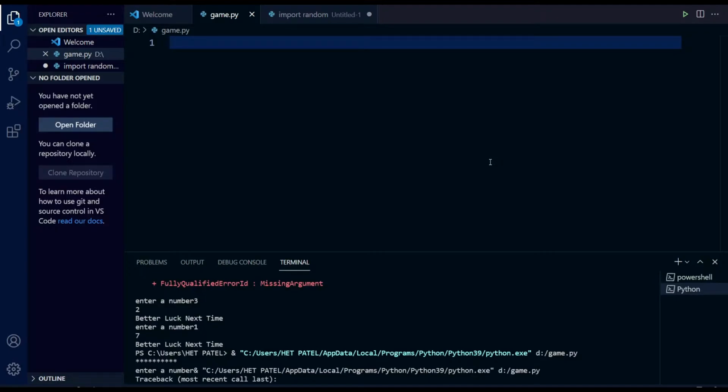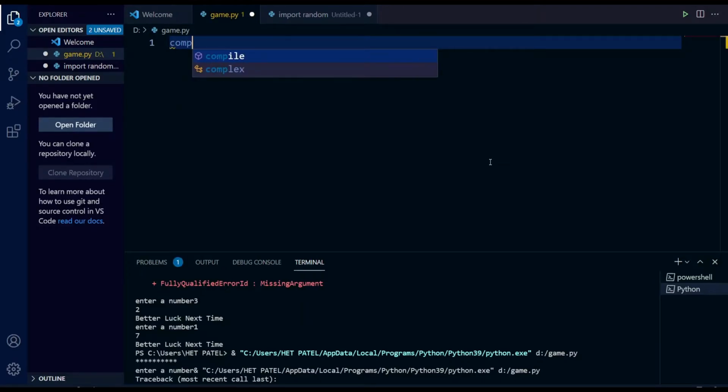Our computer or our program will guess a number, right? And it will ask us to enter a number. Then it will match both the predicted and our entered number. And if it is matching, then we are winners. If it is not matching, then we are losers. Okay. So, for example, if computer